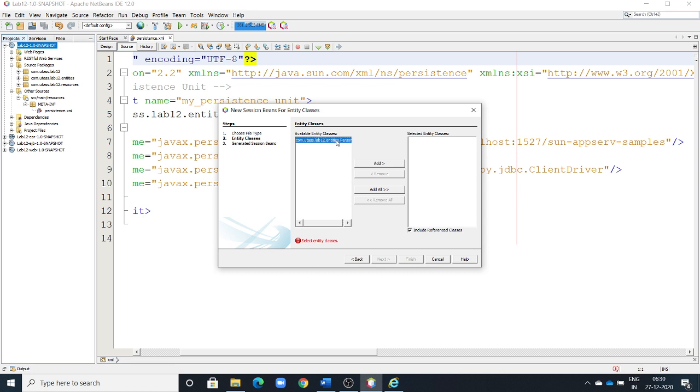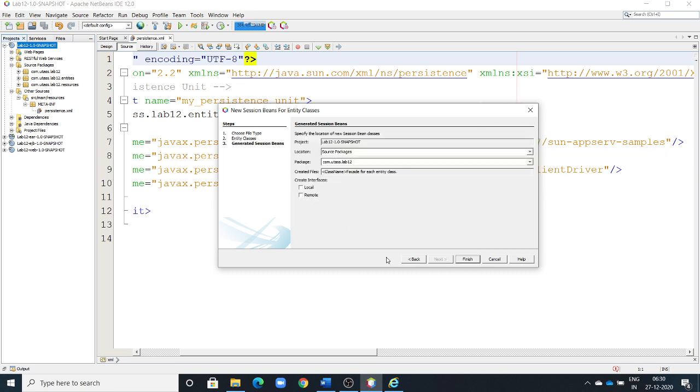Now see, select that option, click add, obviously it will come. Click next, and very important here, enter the name of the package. Don't accept the default package. See, the last one, we put our entity class from database inside the entities package.